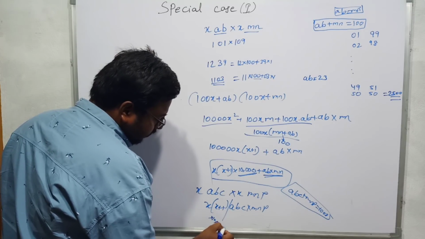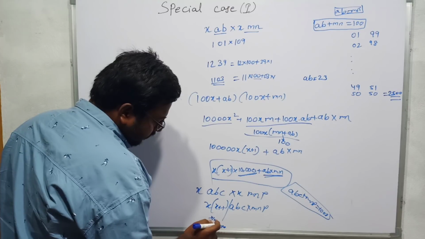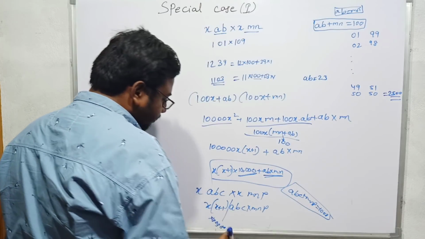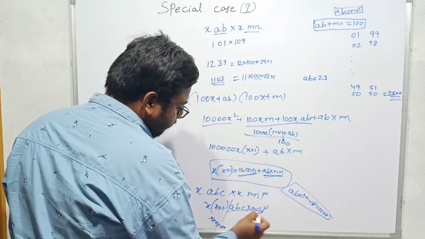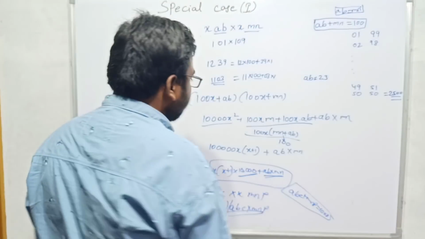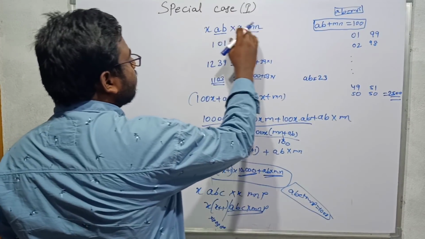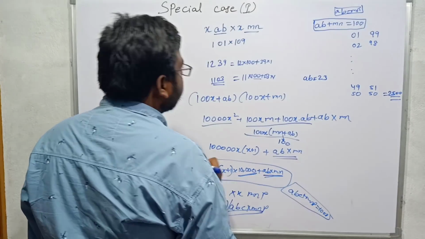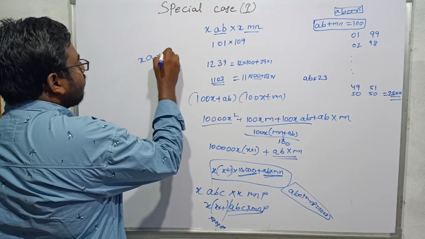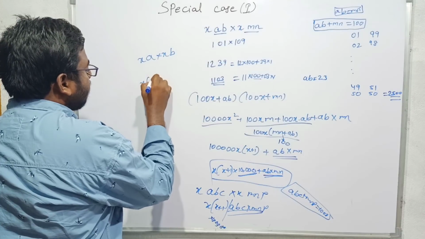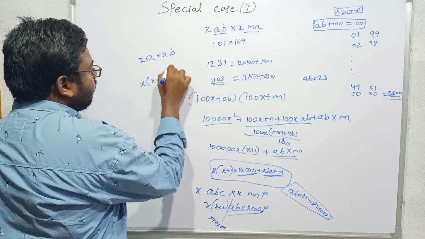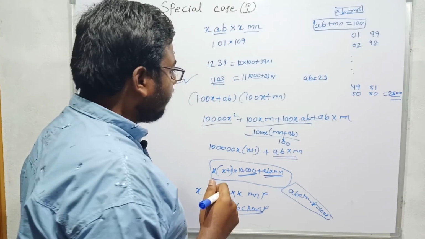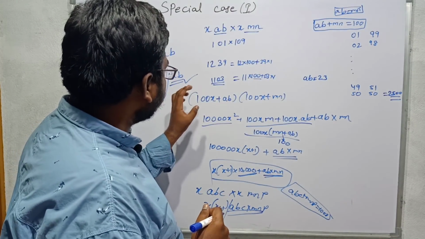this is 6 zeros will come. This is 10 lakhs. X into x plus 1 into 10 lakhs, that means this should have strictly 6 digits. So when we are dealing with these 2 digits, this should have strictly 4 digits in the last. When we are dealing with the case of xa into x plus b, this is x plus 1 into ab, this should have strictly 2 digits. So I think if you got the clarity, let us see some examples of this case.